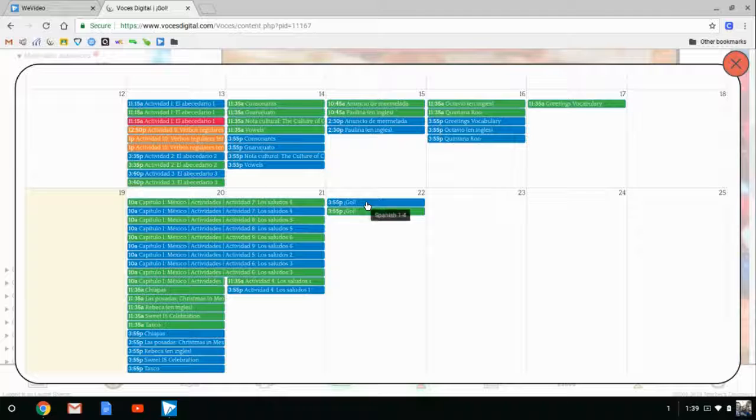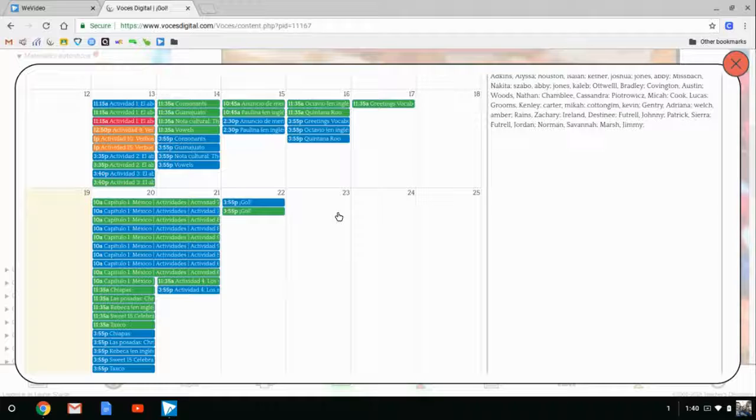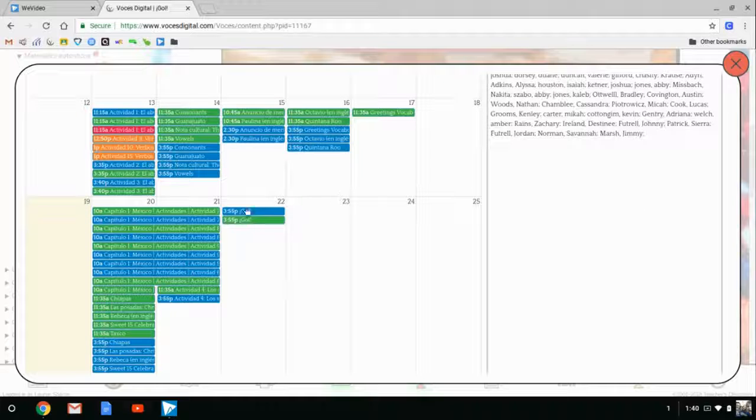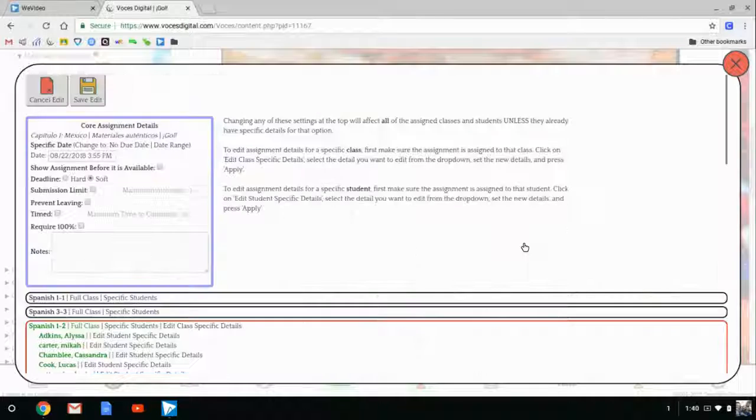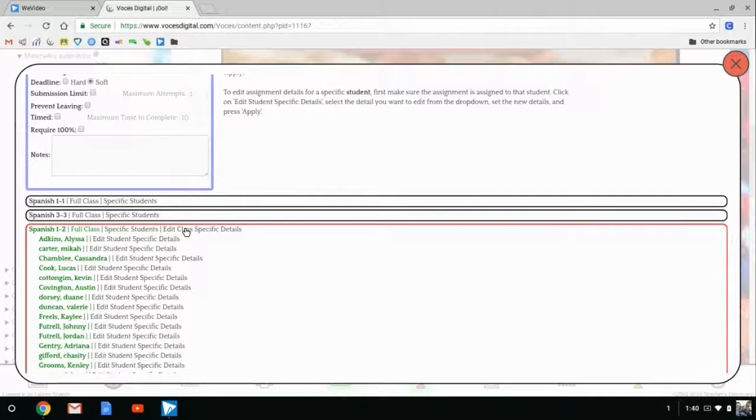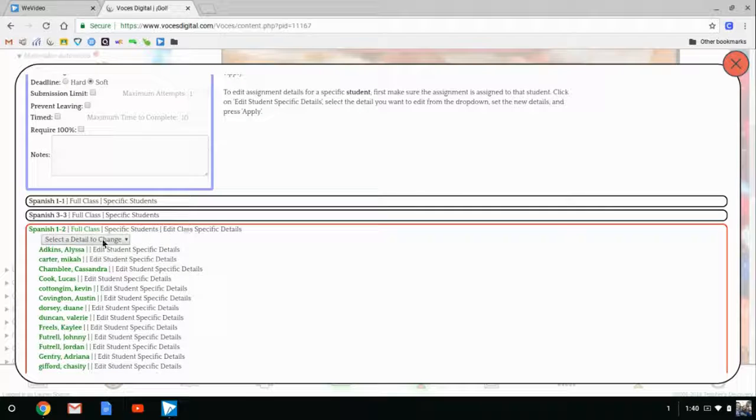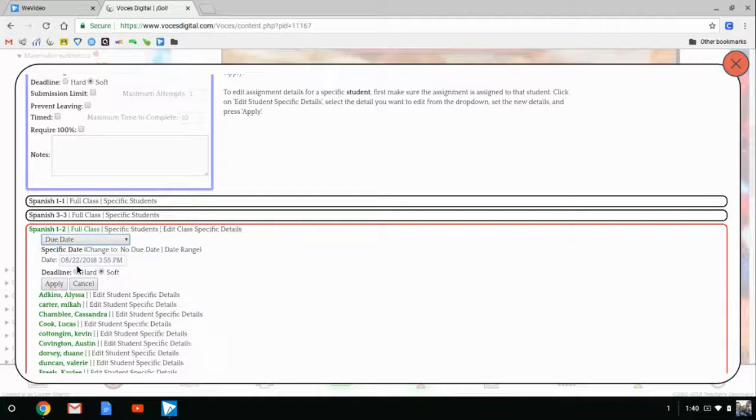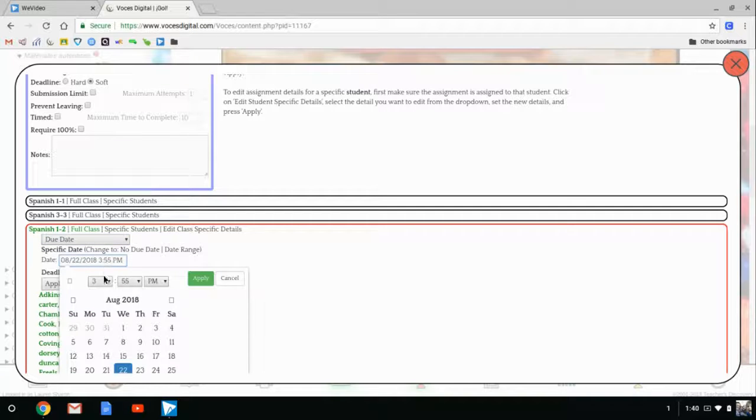So I have 2 Spanish 1 classes. One is over at 11:35, one's over at 3:55. So 3:55 is when I want my 4th block class to be able to be finished, but my 2nd block class needs to be done at 11:35. So I have to click on that, click edit assignment, and then change the time just for this class. So it's 1-2, edit class specific details, change the due date, and then change it to